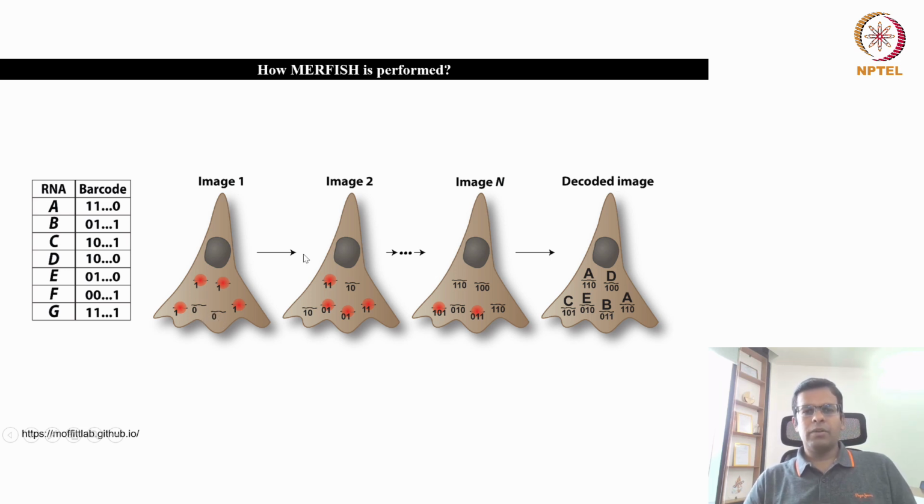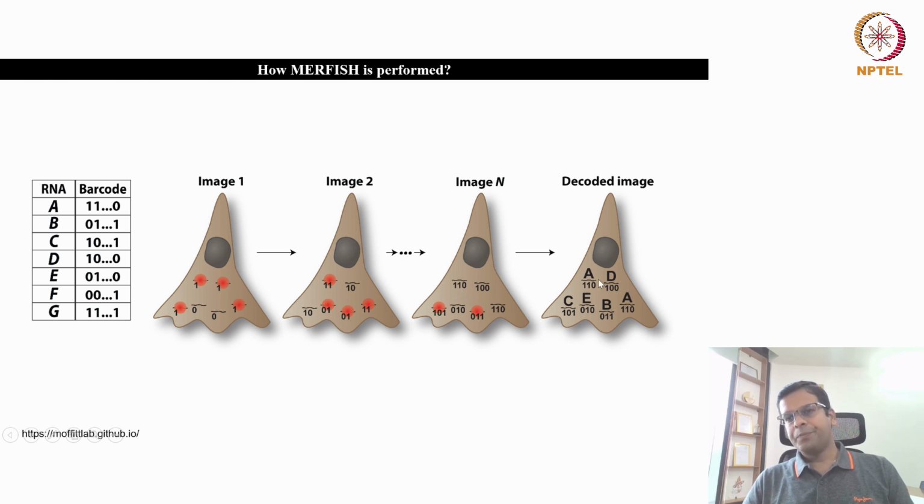Then in the second round, another set of fluorescent dye will be added, and it will bind to only the first and these 3 mRNA species. So those will be numbered 11, then 10, because this mRNA gave a signal in the first round but not in the second round. So it is 10. The same thing here, 10, 01, 01, 11. In the third or the nth image, only these 2 mRNAs will give fluorescence. So they will be given numbers like 101, 011. Whereas these other mRNAs which are not fluorescent will be given 110, 100, 110. The last digit is 0, you can see.